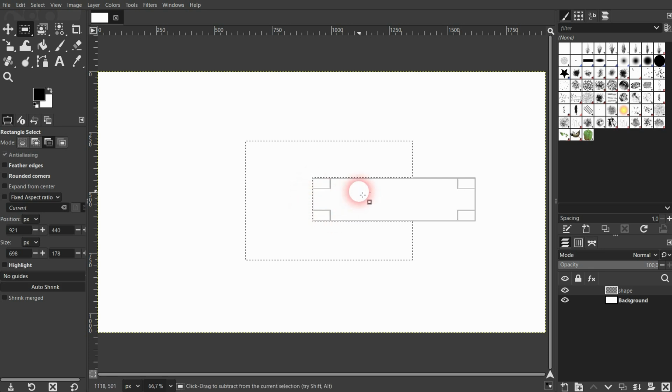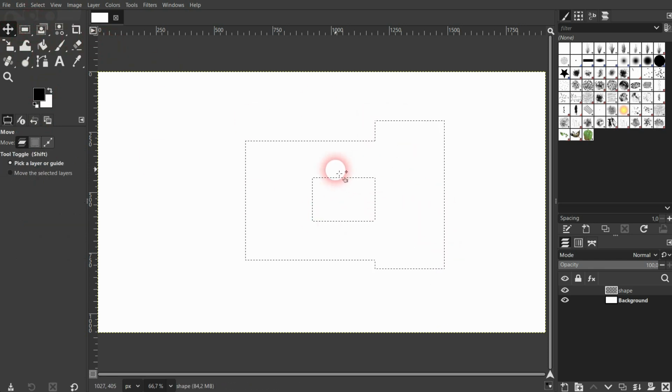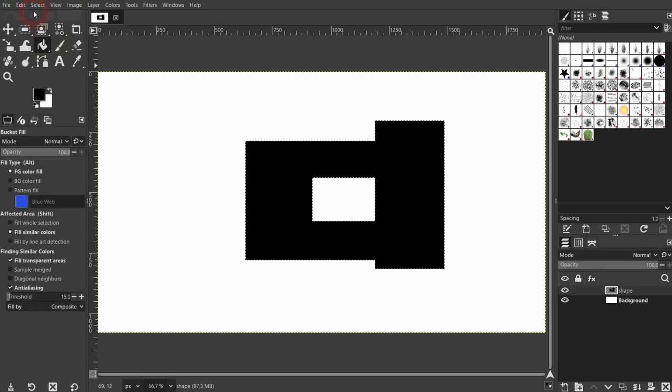You're still on the rectangle tool. And you can add this right hand side again. And this is how you could create, for example, a cutout in the center of a shape. But again, there's a different way to do it. Before we dive into that,